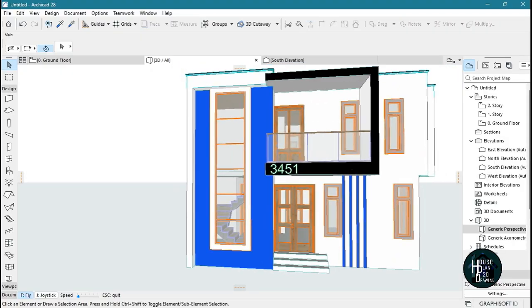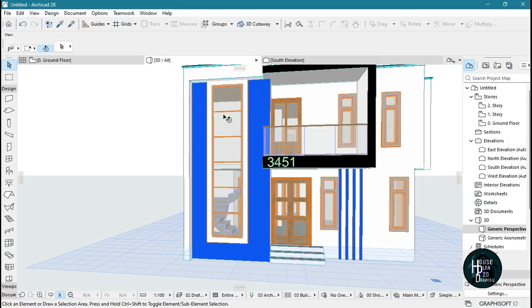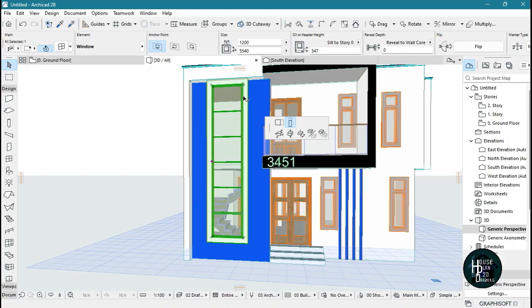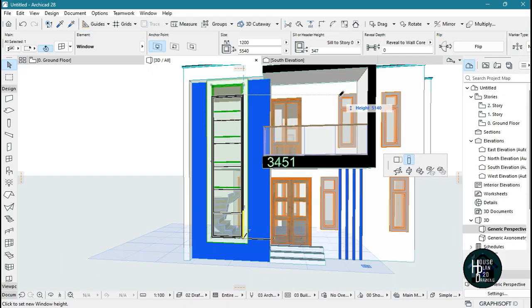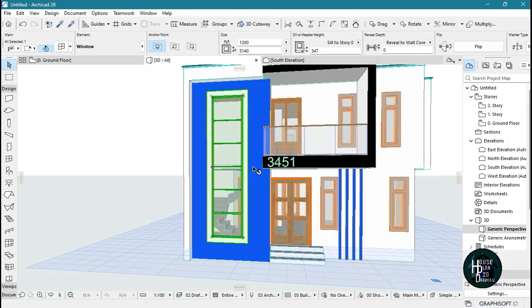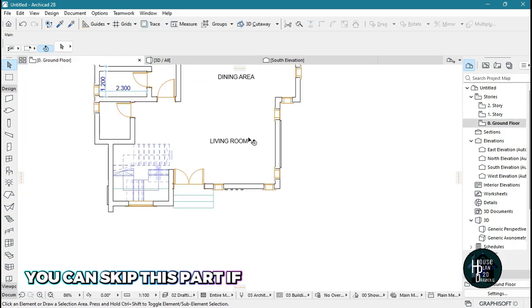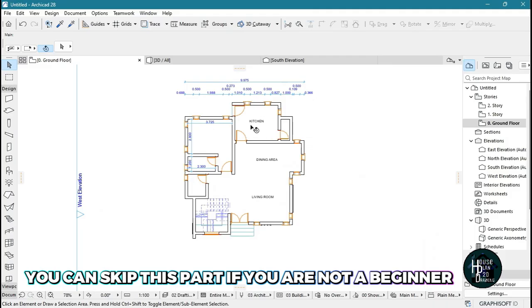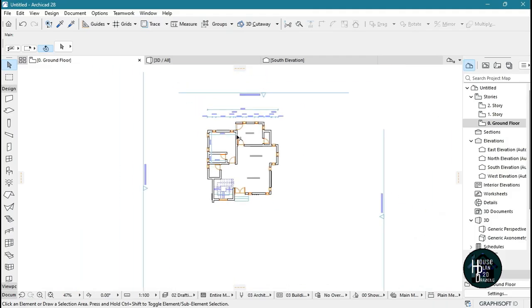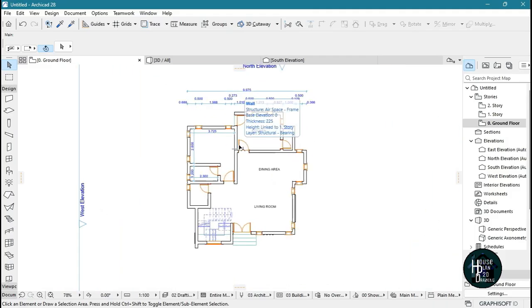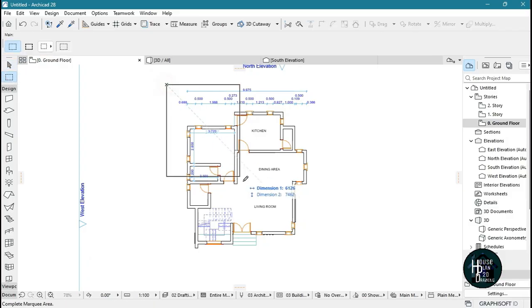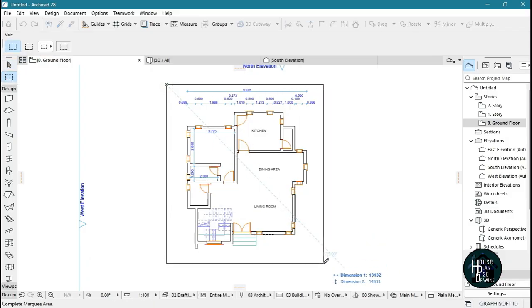Okay, now if you look properly, this glass has gone up, so let's try and reduce it to go along with this shape here. Okay, for those that are new to Archicad, trying to do their drawings in Archicad, if you want to export your drawing, for instance, that's the ground floor plan. If you want to export this, the fastest way for you guys to go about it is just click on the marquee tool, highlight the places you want to export,